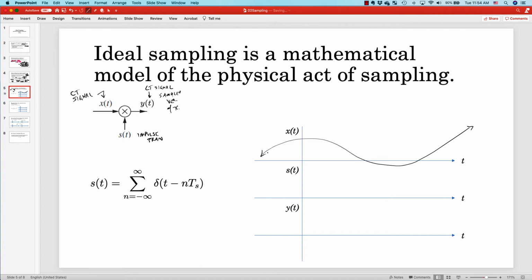And I'm giving you freedom to pick x, but I'm telling you what s must be. s is this impulse train. And so this is an infinite sum where I'm adding a bunch of Dirac deltas, or impulses, in both positive and negative time. These deltas fire every t sub s seconds